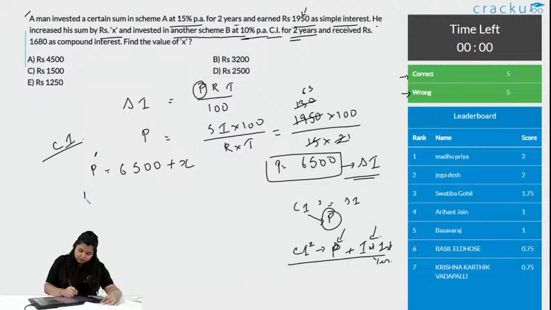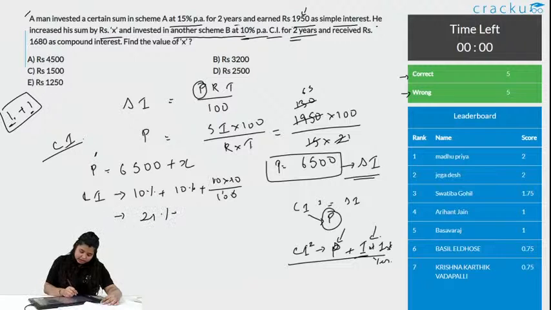So, I can say the compound interest rate, that is what percent the compound interest will be, is for 1 year plus 1 year, this is 2 years, right. So for the first year it is applied only on the principal, that is 10%. For the next year it is applied on the principal plus the interest we got, that is 10 into 10 divided by 100. So, total it is 21%. This is the compound interest.